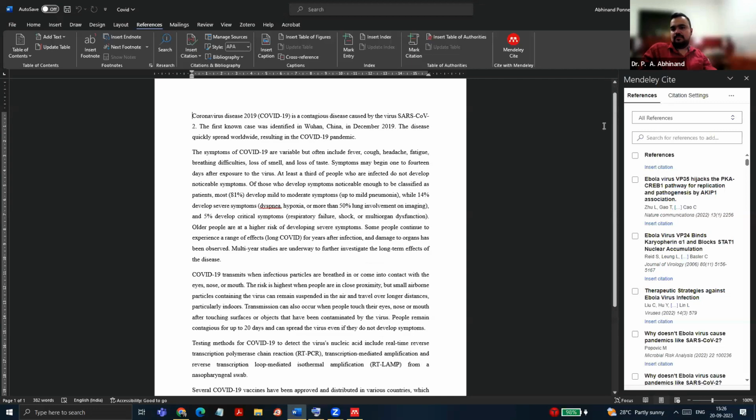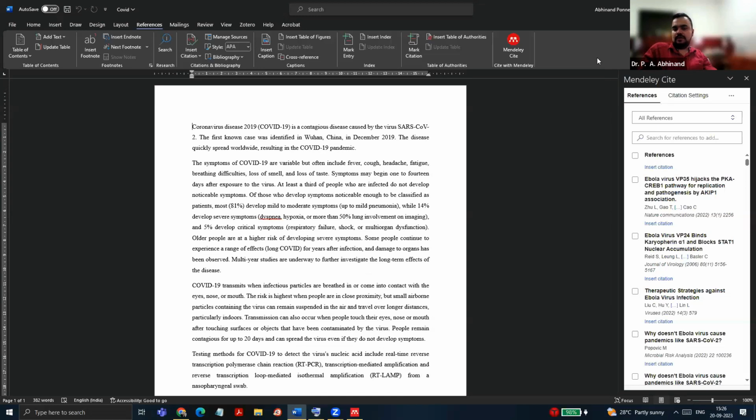My humble request is that if you are trying to use software to do the referencing, it's always a good idea to write no more than one page at a time and have a small notebook in your hand and note down manually where all the references have to come with the author name. Then you can do the software entry of the references. That's the practice I have been doing. Or if you reference one paragraph at a time, you don't even need a notebook. It's very easy to use.